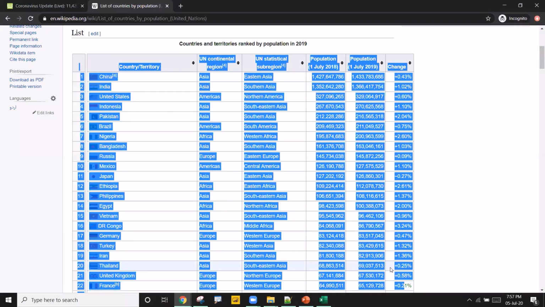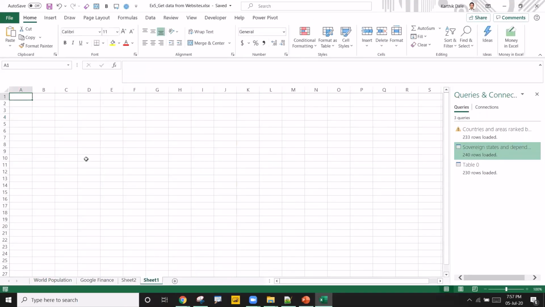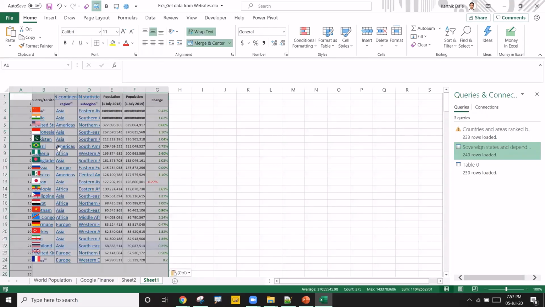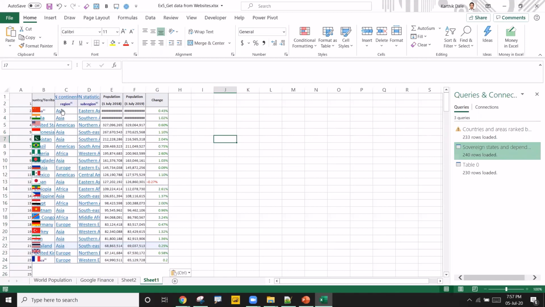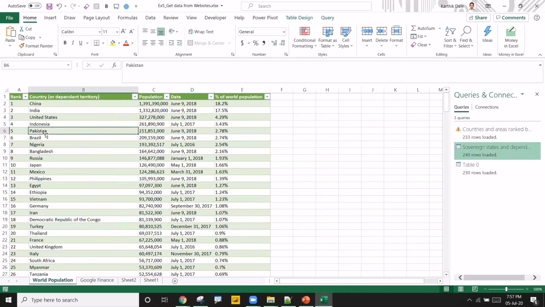I'm trying to copy, Control C. I'll go back to any of the sheets. Once I paste it, Control V, it is pasted with those objects also. It is pasted as hyperlinks. So to make it clean and neat format again, it will take a lot of time, which I don't want to do. So what do you do? Just the way I've shown you this, do the same thing for the world population also. It will take less time.